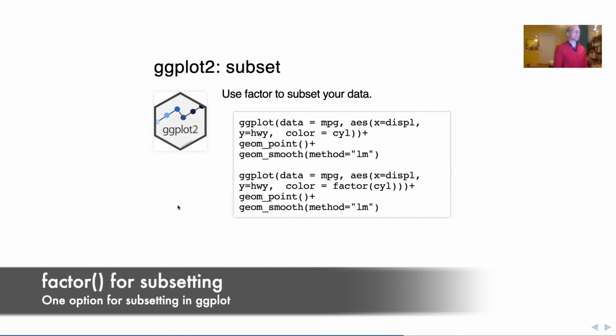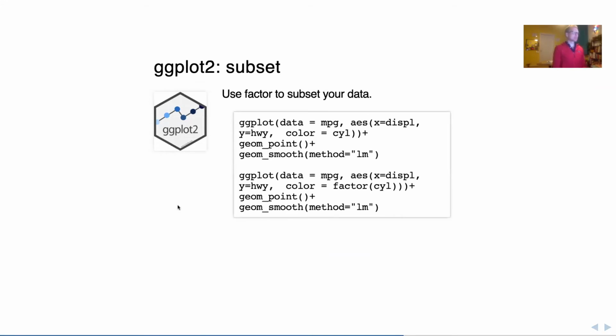So we're going to use factor to subset data within ggplot. So let's say, for example, I wanted to run a plot, now I'm going to use a different data set, mpg, miles per gallon. Check that out again by doing question mark mpg. I'm going to use that as the data. The aesthetics are going to be displacement and highway. I think that's highway miles. And the color will be